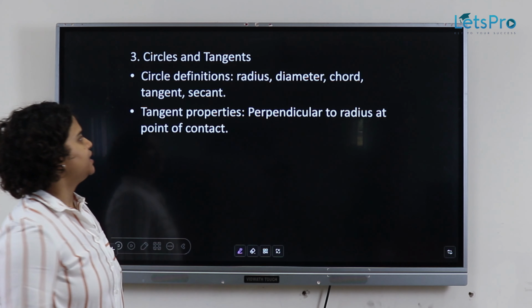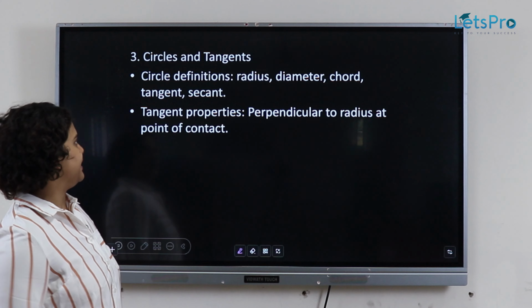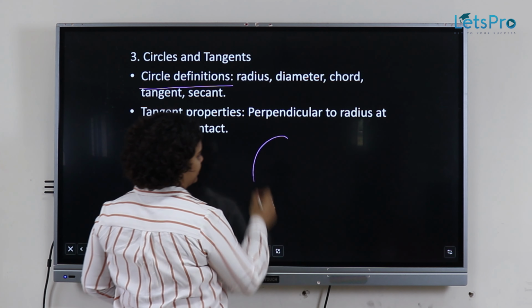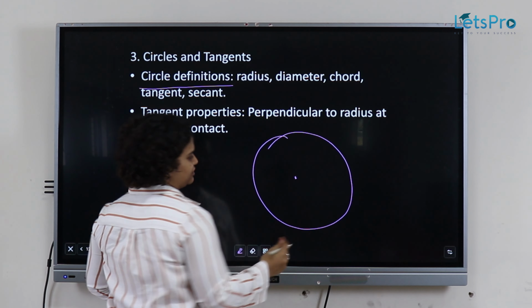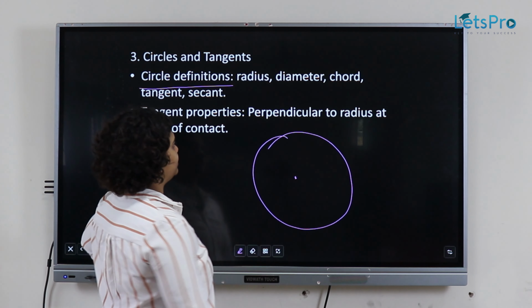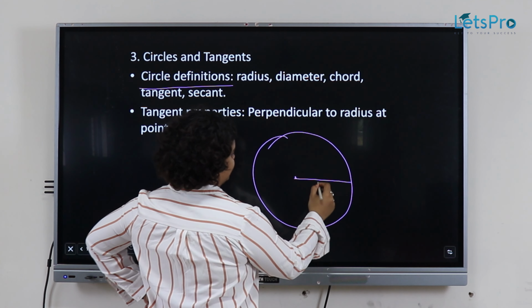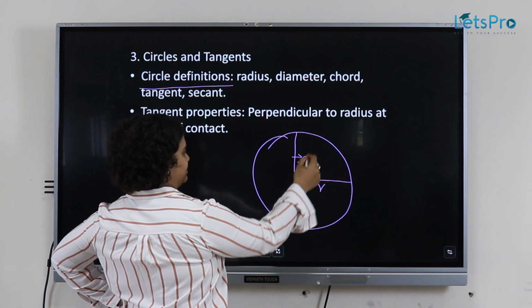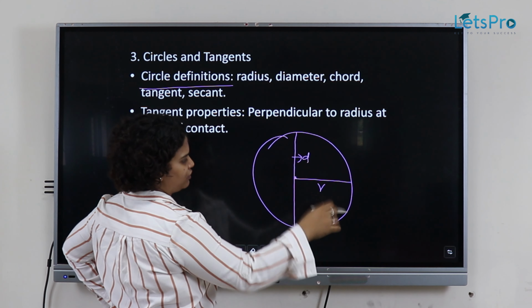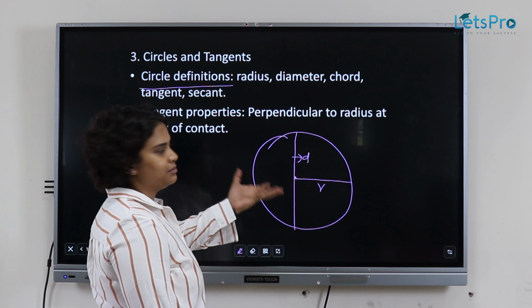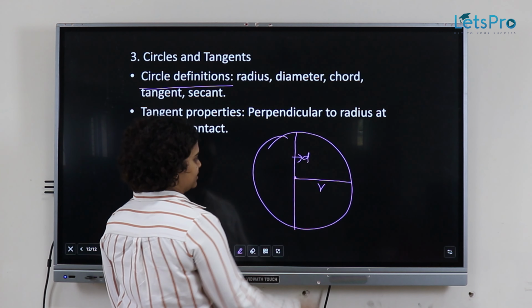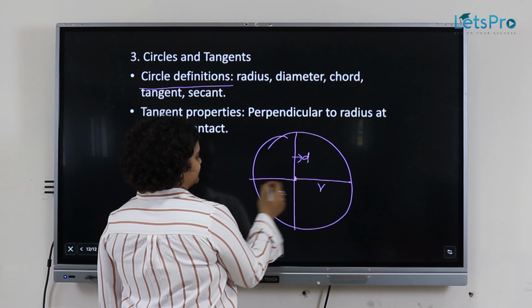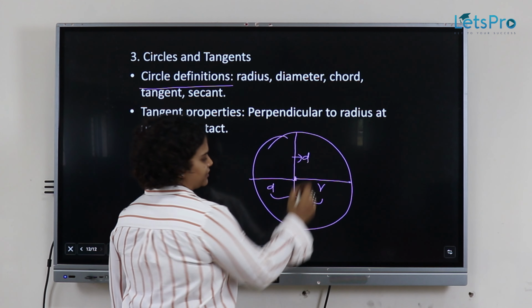Okay, so here we are going to learn about circles and tangents. What is a circle? You know what a circle looks like, right? It is just a point which is expanded in 2 dimensions. This is our radius r, and this is our diameter d. There can be n number of radiuses, there can be n number of diameters. Now this radius, if made twice, gives us a diameter, correct?